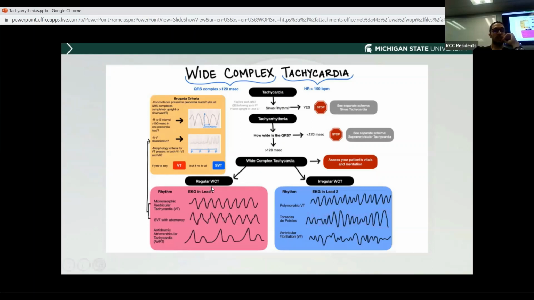However, the regular wide complex tachycardia is a very big topic that often gets very confusing, which is monomorphic VT. Before we go through it, why is it actually wide complex? Because it's a ventricular impulse. It doesn't go through the AV node, so you don't have the regular narrow complex that you know. It's an impulse that's firing from within the ventricle itself, so you have a wide complex. However, if you have a right bundle branch or a left bundle branch,